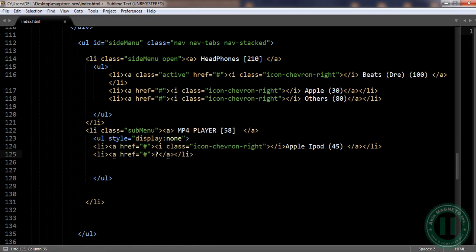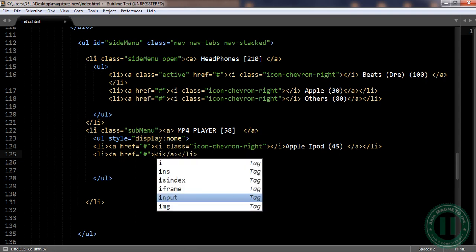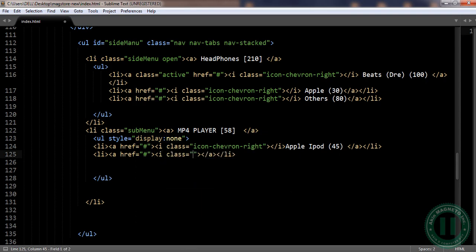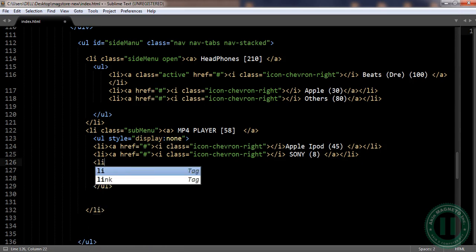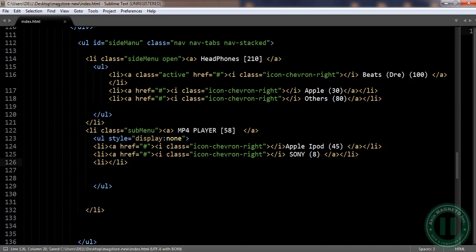Now I'm gonna open the I class, okay, the same thing, icon chevron right. You need to close the I tag first, and the next thing, Sony, I have just 8 with me, and the other tags have been closed. Now the next one is the last. I'm gonna open Li tag again, close it, open A tag, close it, link it to nothing,